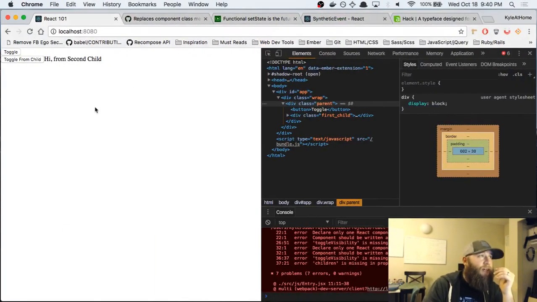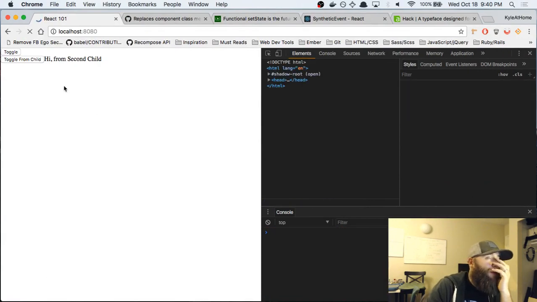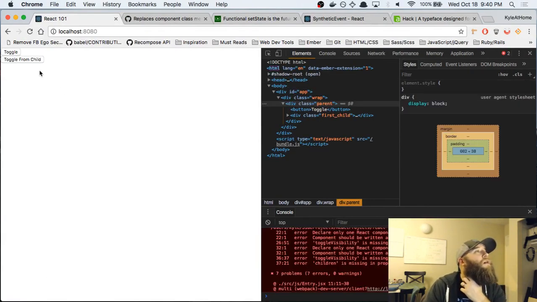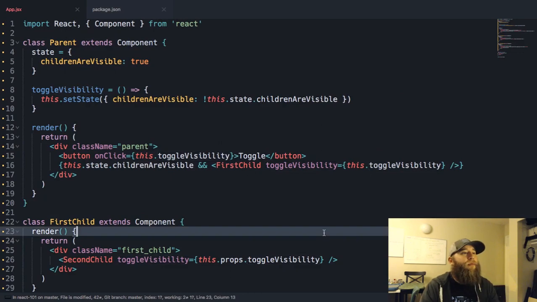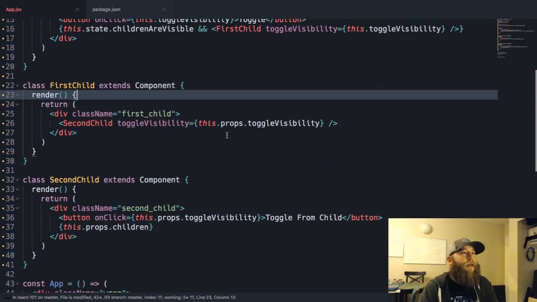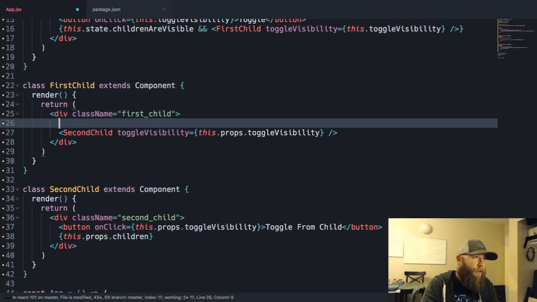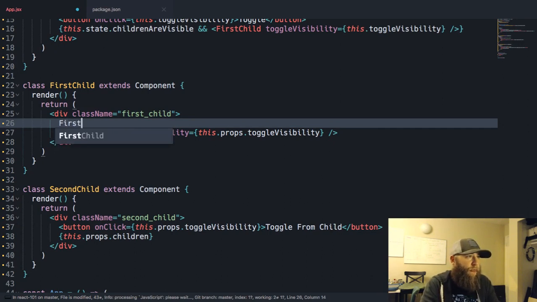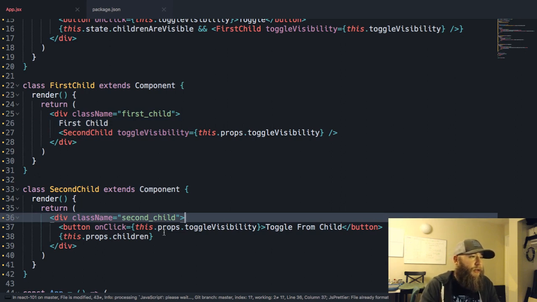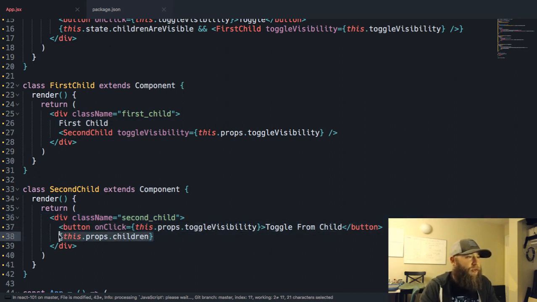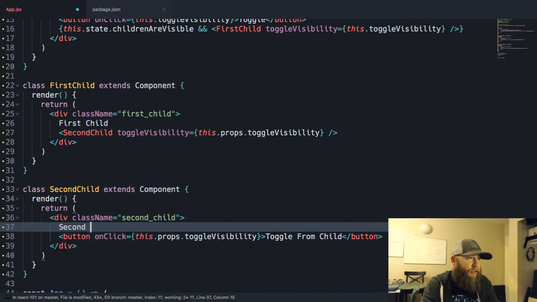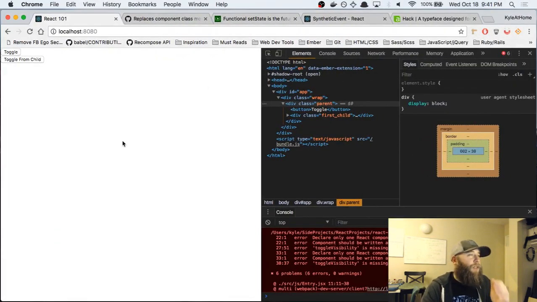So let's test that out. Let's make sure I'm not a fool. Okay. Oh, might want to put some, I'm just putting some stuff here. This dot props dot children, it doesn't have any children anymore. We'll just do second child, just to give us some visual indication of where we are. I could probably do it with CSS better than I can do with some text, but